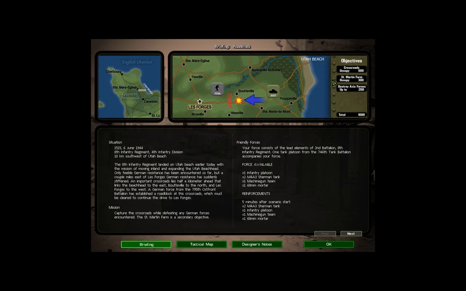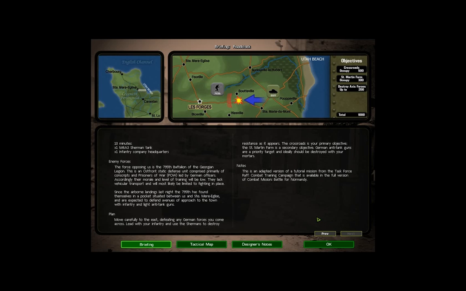We're going to get 2 more tanks, another infantry platoon, another machine gun team, another mortar team. So we're going to double up on everything. And then 10 minutes later, another tank and the company headquarters. The company headquarters isn't anything to be excited about, but the tank is another tank, and they're pretty decent